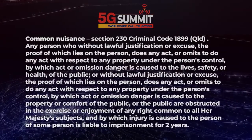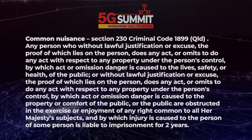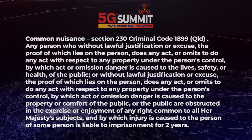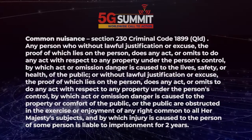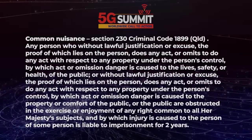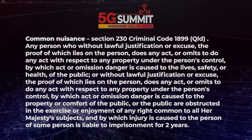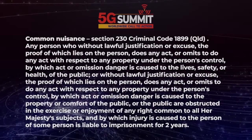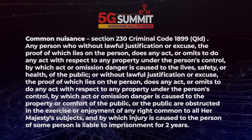Any person, this is section 230 of the Criminal Code. Now, this is in Queensland, so it all depends on which state or country you come from. But any person who, without lawful justification or excuse, by which act or omission danger is caused to the lives, safety, or health of the public, or without lawful justification or excuse, the proof of which lies in the person, does any act or omits to do any act